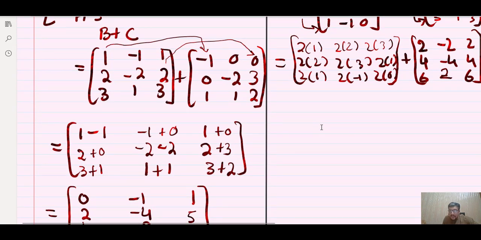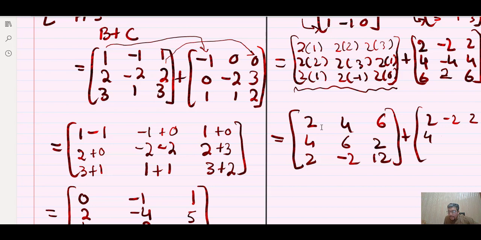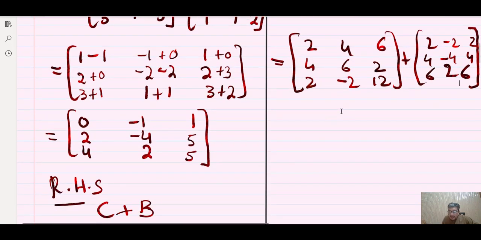So before adding, I haven't written the direct values here, so let me simplify it first. 2 4 2, 4 6 6, 2 minus 2 and 12. So now you have to add these two matrices, 6 2 and 6. Now add these two matrices. If you add these two matrices, you will get